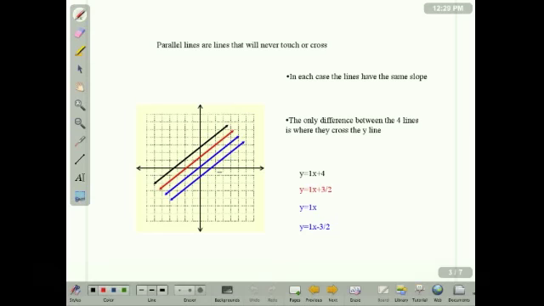Here's an example of some parallel lines. Each line has a specific equation. The black line is y equals 1x plus 4. The red line, y equals 1x plus 3 over 2, and so on. What you'll notice is that all of the m's are the same. When your m's are the same,